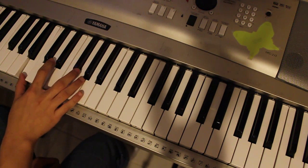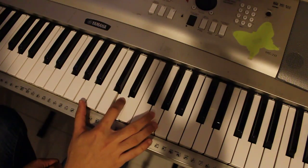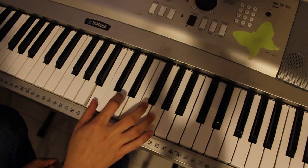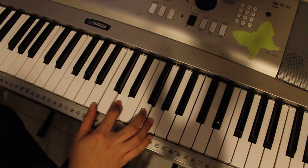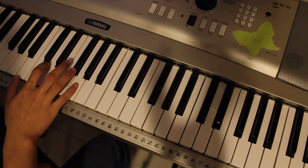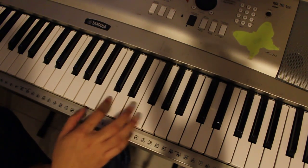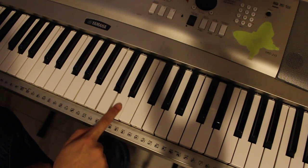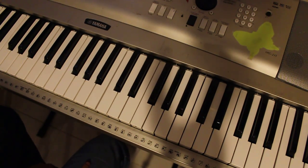So once again, actually no, wait, hold on. Oh, I'm sorry. Instead of playing this chord, you play this chord. It's a G with a B inverted, which is the same chord that you played down here, only that you don't need to add a B. One more time. Alright, so from the very beginning,